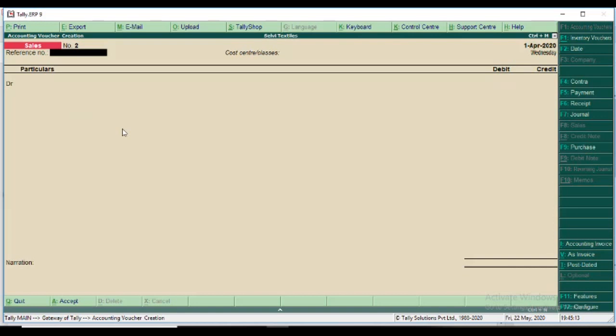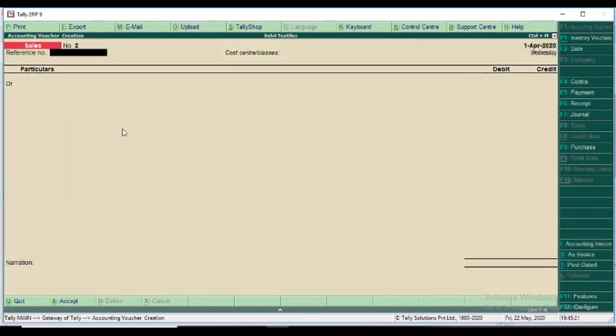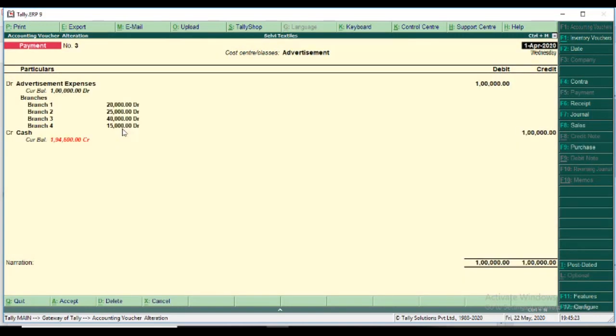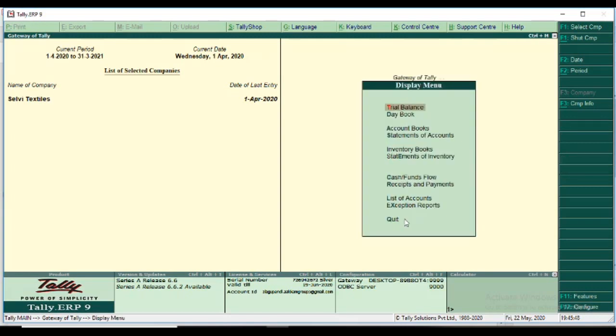Again I press Page Up, so there is no further screen, okay. The Page Up key easily brings today's entries, the previous entries only. Another way to check your allocation: I press Escape. Please note, the Page Up key is for the previous screen view. Another view is easily via the daybook display, Enter daybook.